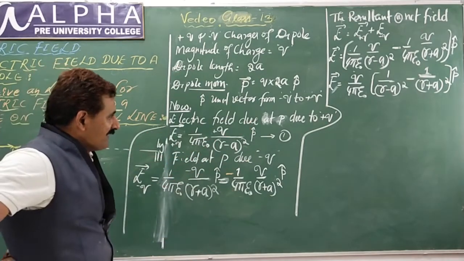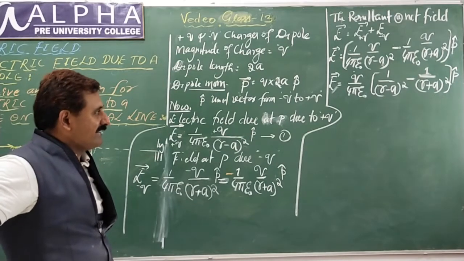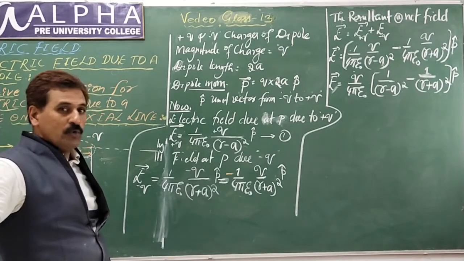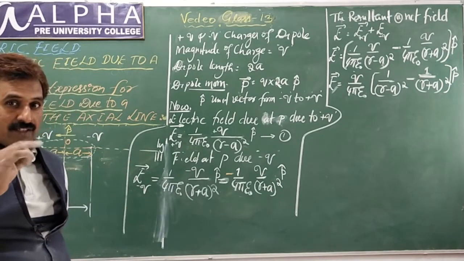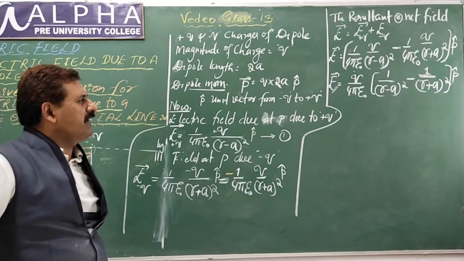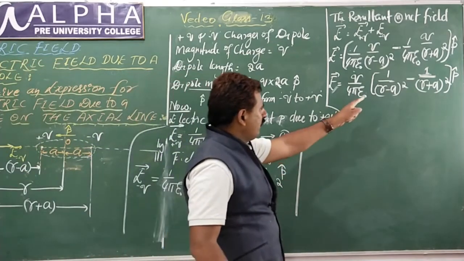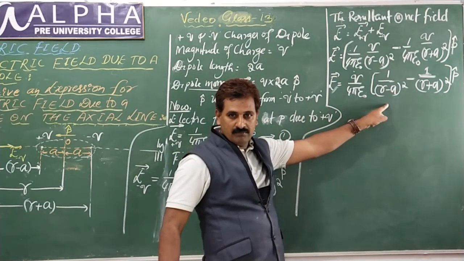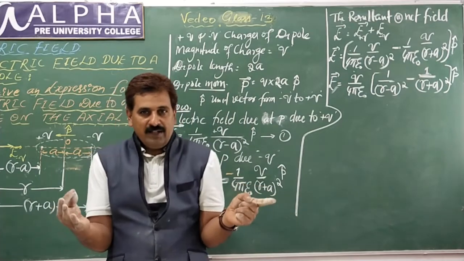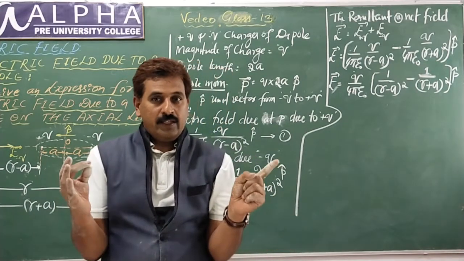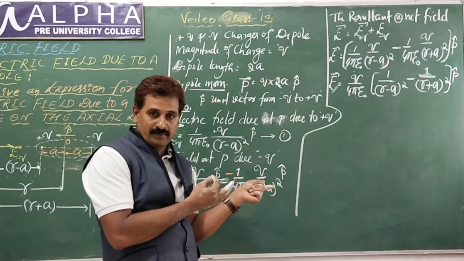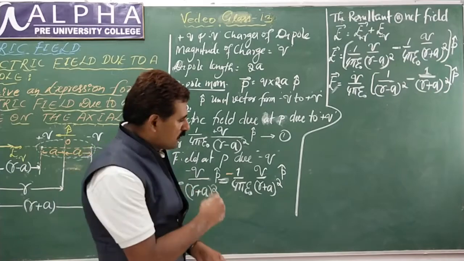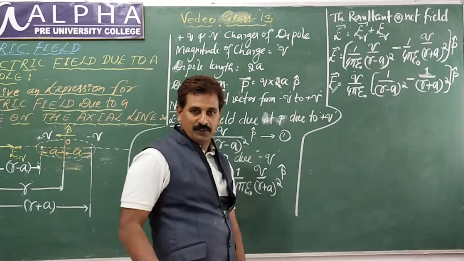Next, the rest is simple calculation. You take LCM and solve. If you take LCM and solve, you need not show that part in the final expression. You need to write just what we get after solving the LCM. I show LCM here, but I don't write that. You need 5 marks, right? They don't check your mathematics ability here. They check how you understood the concept. That's why you need not show the simplification, but I'll show you, and finally we write the results. You have to do that.